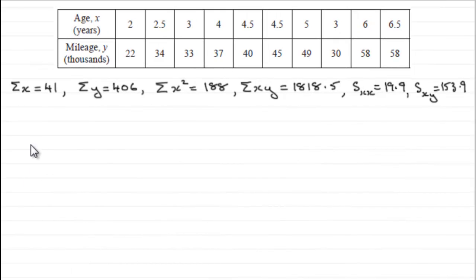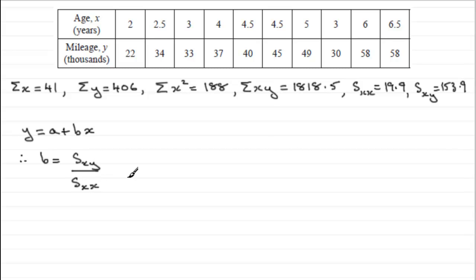Now for this next bit, we've got to calculate the values of a and b in the regression line y = a + bx. To do this, always turn to b first of all. b is given by Sxy divided by Sxx, hence the reason why we had to work out what Sxy and Sxx were